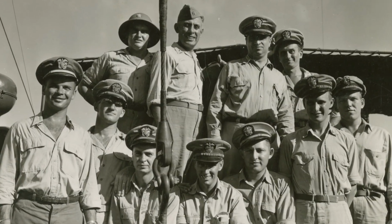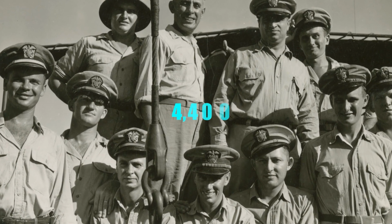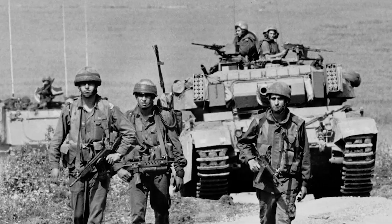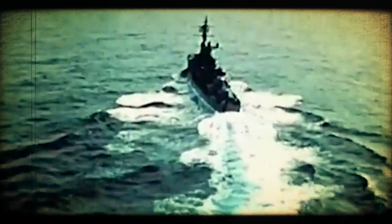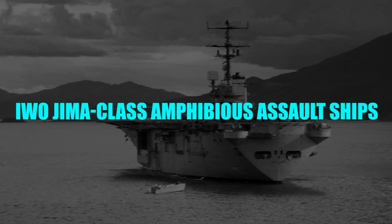With a war troop size of almost 4,400 trained personnel and infantry that has everything from tanks to ground attack and air support jets, it'd take hours to run through all the ships deployed during the Lebanon conflict. So we'll be mentioning only the vessels that played very vital roles in the conflict, starting with the Iwo Jima-class